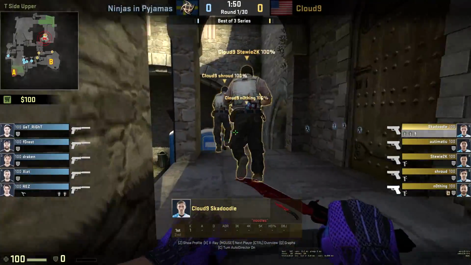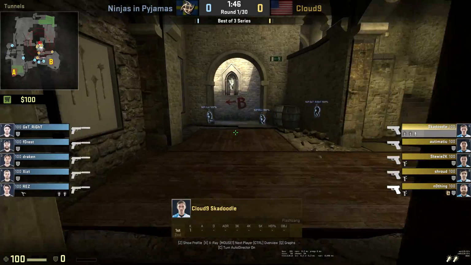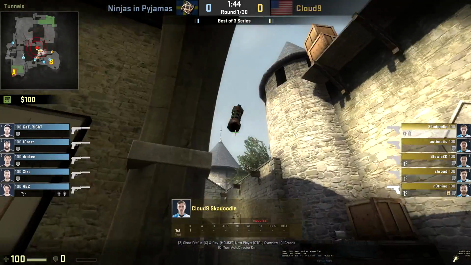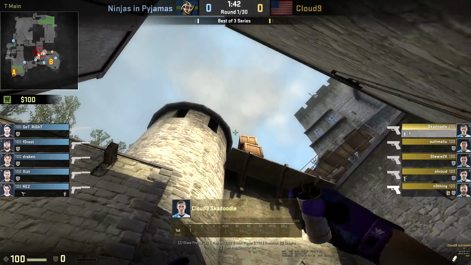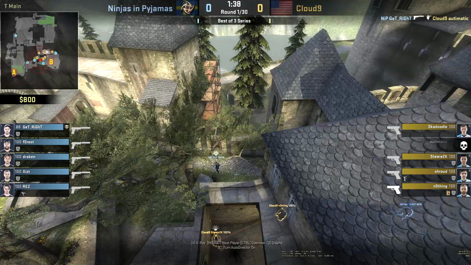Now, the wonderful thing about this strat is it can be used to get over towards B, and it's pretty similar, so it's not too much to remember for a team. So you'll see here, same thing for Skadoodle, a flash over, a smoke over, and then a flash that lands above the drop. As you'll see, that's going to land right here,